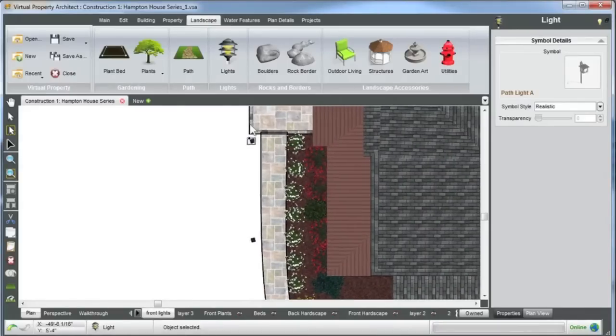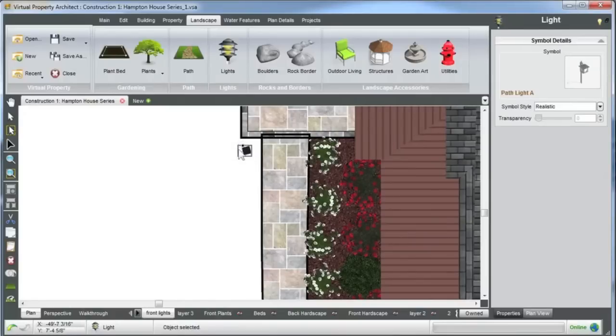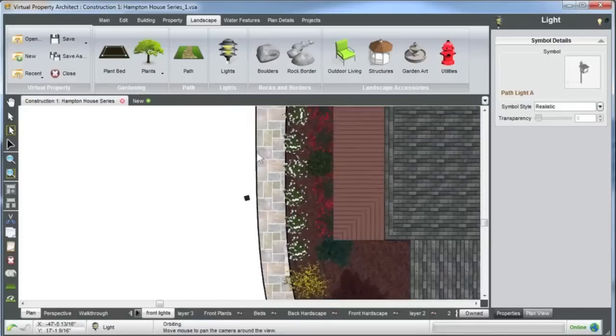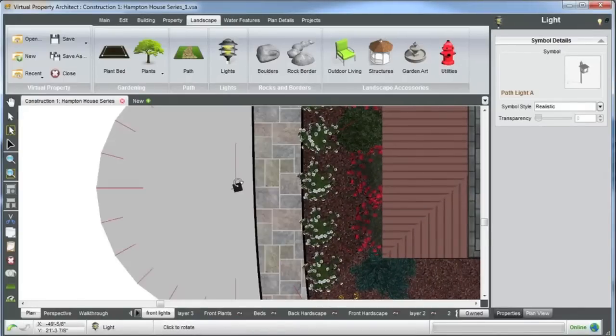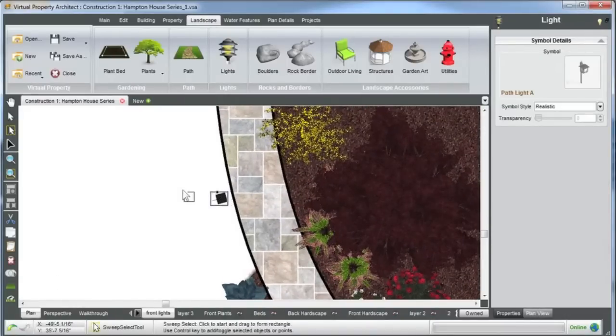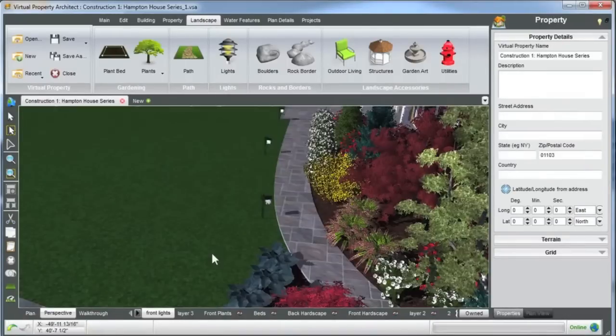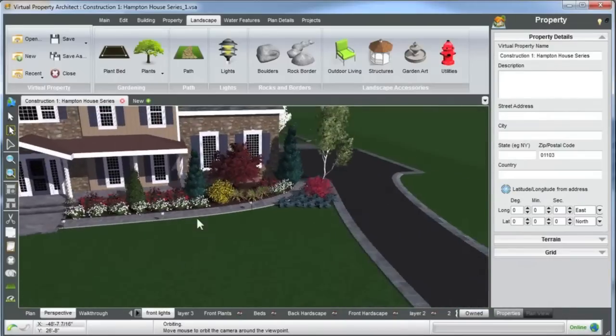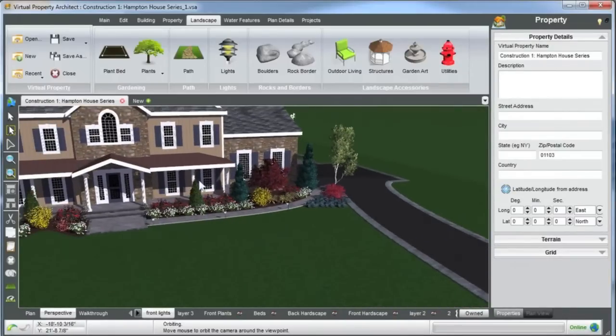Alright, and you can zoom in. You can see that I would rotate the light, hold down Alt so we can get it just where we want it, facing the pathway like so. Let's face this one in towards the walkway. And now they might be a little bit too far away from the walkway. There's only one way to really tell how well it will shine, and that is to, of course, turn the lights